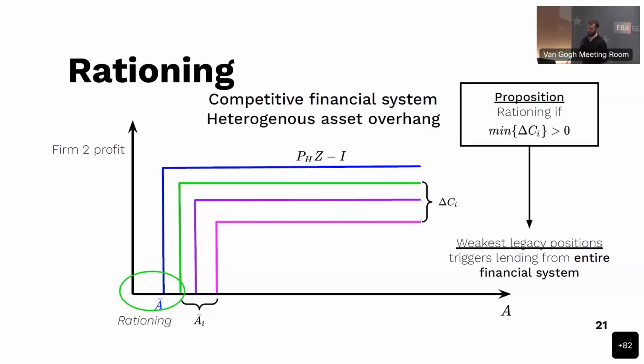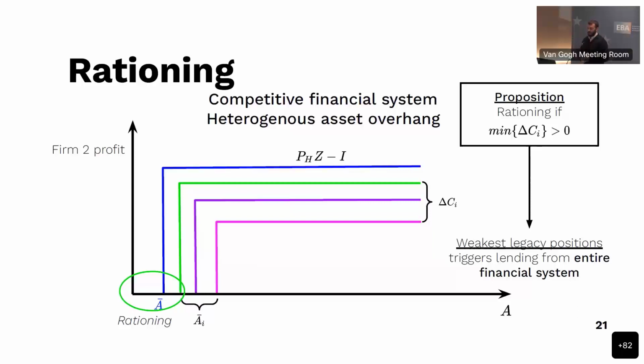So basically here, what we find is that if the firm is able to meet the requirement set by the weakest position, the firm will get funded. But what is important is that by virtue of competition, this funding may come from the entire financial system. Because at that point, we know that at least one investor will be willing to invest. And so all the other investors realize that the shock will materialize no matter what happens on their decision. Now they all have a reason to pitch in to recoup some of the losses. So this rationing zone is set by the weakest position for the entire banking system.